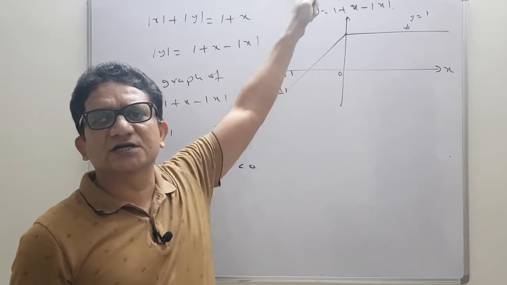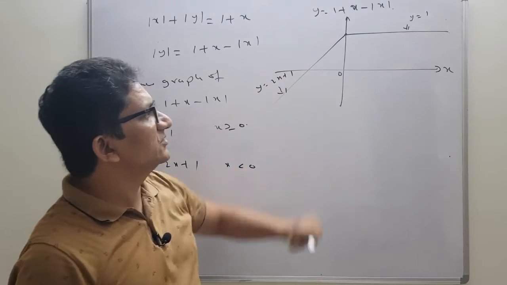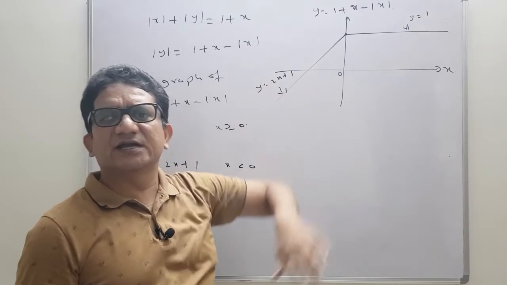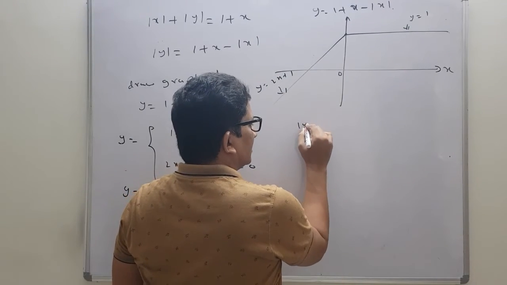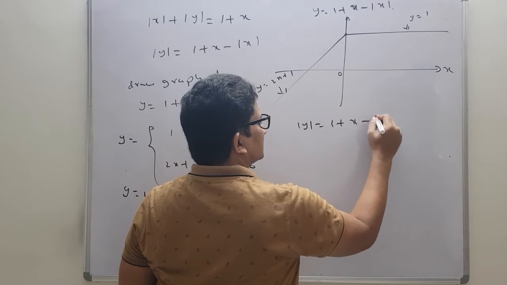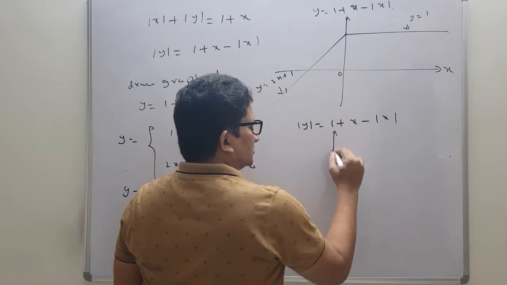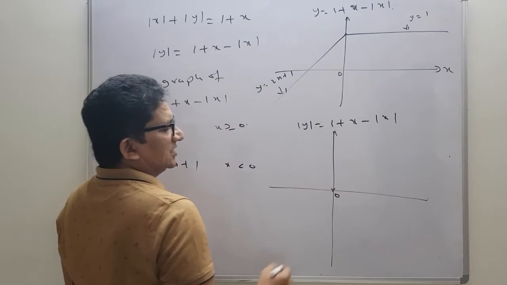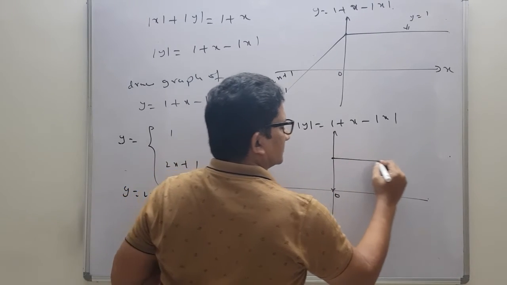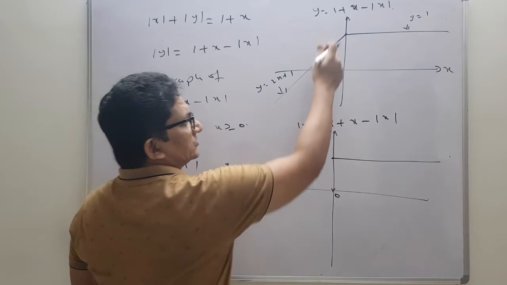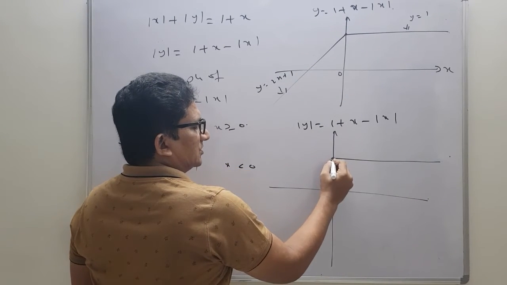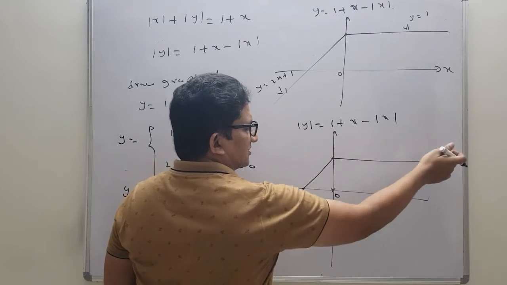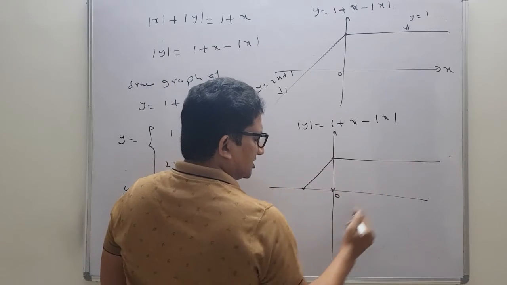Now we want modulus of y. So when we want modulus of y, we know whatever graph is there above the x-axis, you maintain it as it is. So here I will draw modulus of y equals to 1 plus x minus mod x. Now check carefully. So above the x-axis what is there, that I will draw. See. So this is there. And next portion, a line, this one. So above the x-axis means up to here only we will take this one. Now we need to take the reflection of this graph. So now the reflection of this line will come here again.